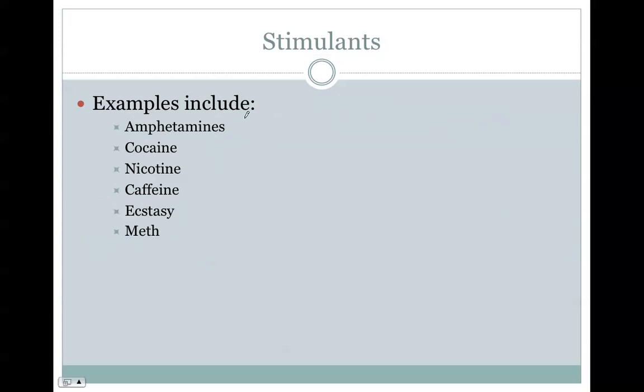Here's some examples of stimulants, and we'll talk more about all of these in class. We'll only get to a few in terms of this PowerPoint. But you can even see here, caffeine is considered a drug. It's the one that's in your coffee or your Coke or Pepsi, and many drinks have caffeine in them. It's considered a drug because it affects the nervous system, which then therefore affects your body's function. And then also nicotine, and we'll talk about other ones such as meth and ecstasy and cocaine and such in class.